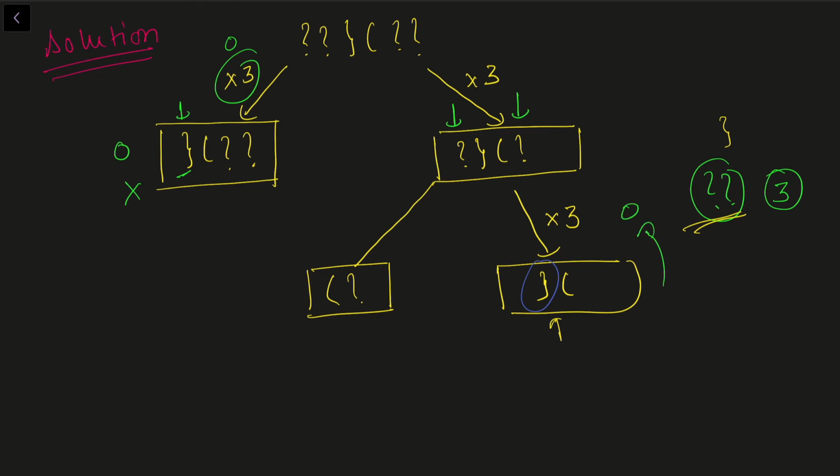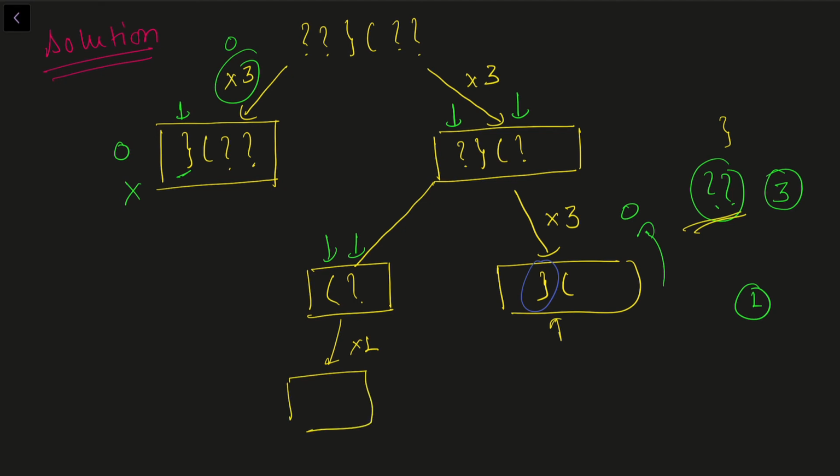Now we have one substring left here. For this substring, I'll choose this as my starting bracket, an opening bracket. Then I have this choice as my closing bracket, and this closing bracket is a question mark, but here our opening bracket is not a question mark, right? It's a fixed bracket. So my closing bracket can be made by just one choice. So what I'll do here, I'll multiply by 1 and I'll say that this is my closing bracket.